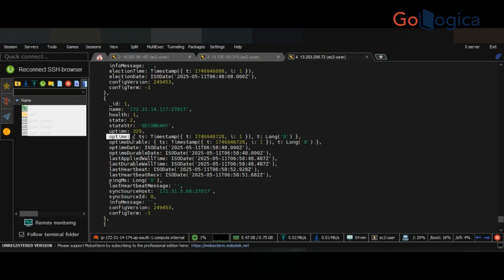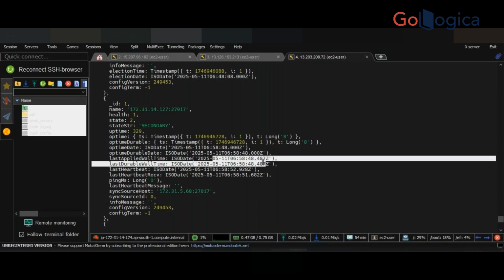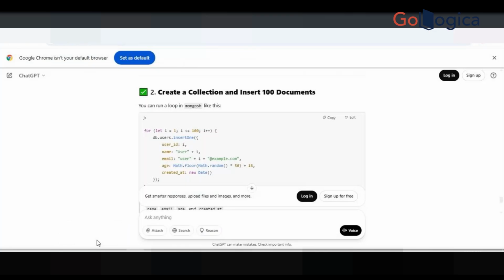Optime is nothing but the lag transfer time, the optime date, which durable date, last applied wall time. So based upon this, when is this last applied? Based upon this calculation, you can see how much the lag is. You can check here in the document itself. I have mentioned it. If you go to the document,